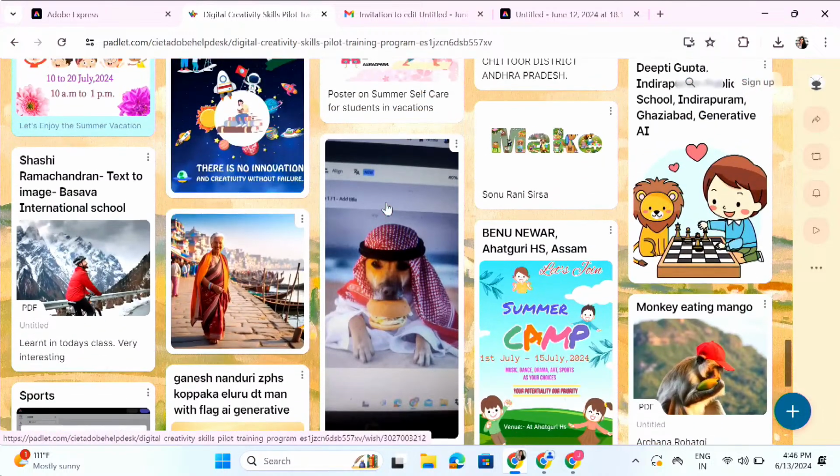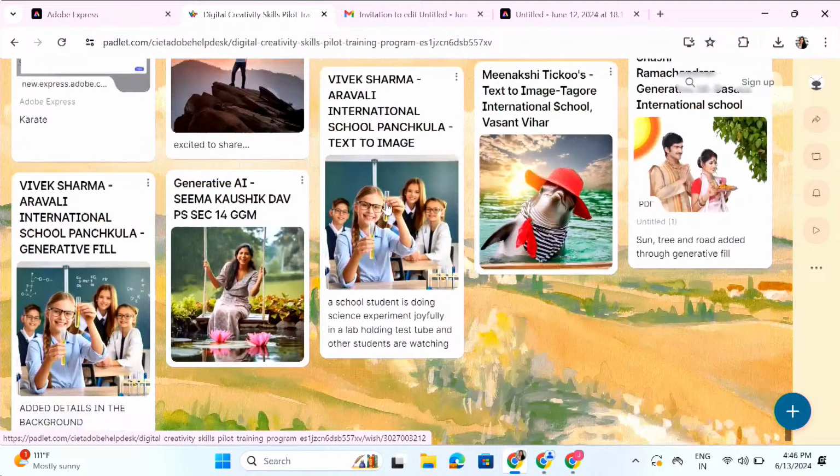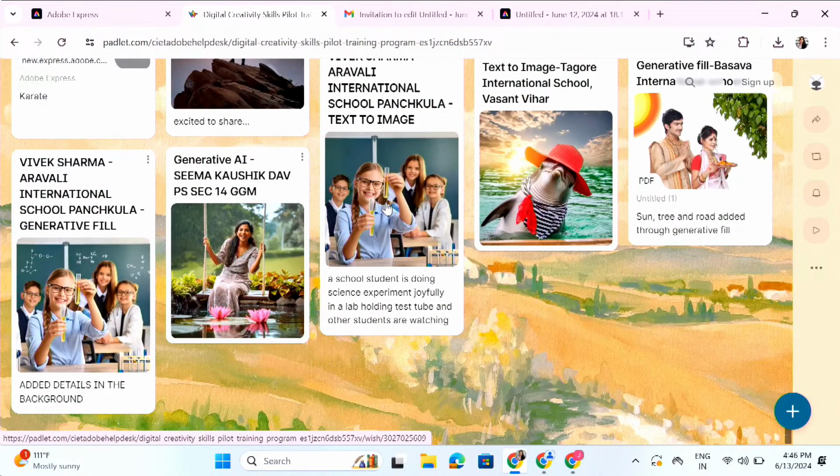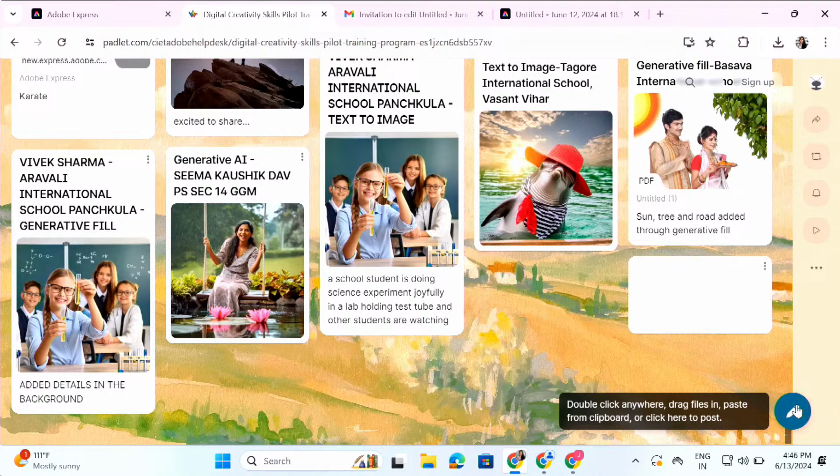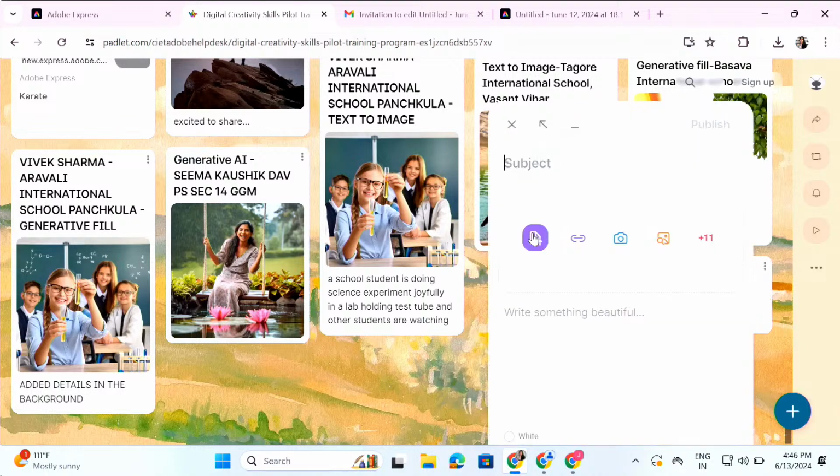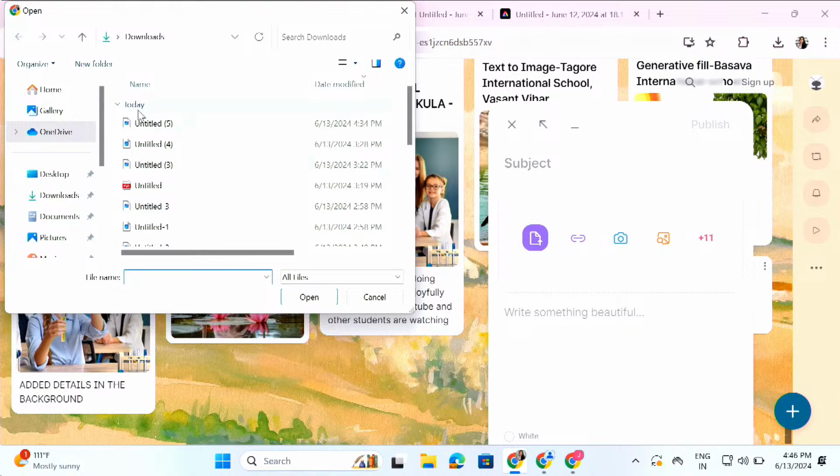We are loving these creations, and I feel like more teachers are getting inspired looking at these creations, and they will also be ready to share their creations with us. As I explained, the process is very simple. You see this QR code on the screen. You just click a picture of that, or you could scan the QR code, the Padlet code that we had shared with you. Once you do that, you could click on the plus button right at the bottom, and you could upload your image here and type in a very specific heading for that as well.